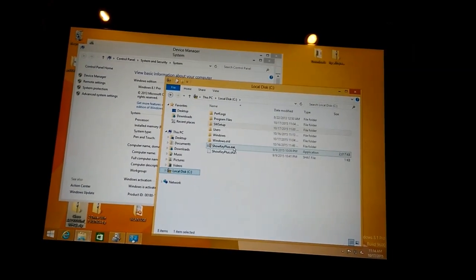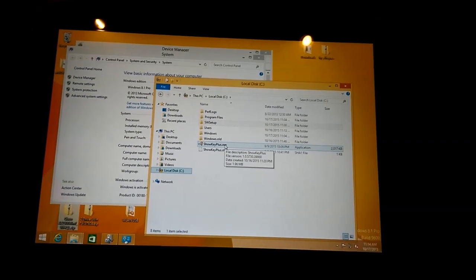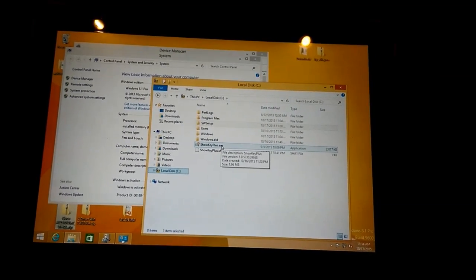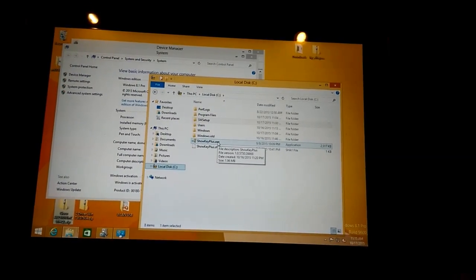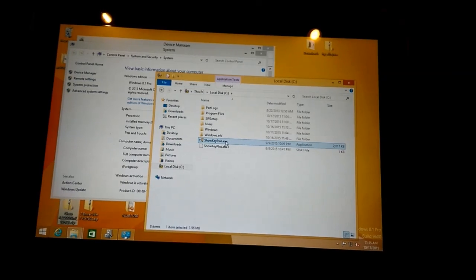because, like in my case, I don't have any sticker on that tablet. I don't know the product key, and to find it out, I have an application which is called ShowKeyPlus. When you run it,